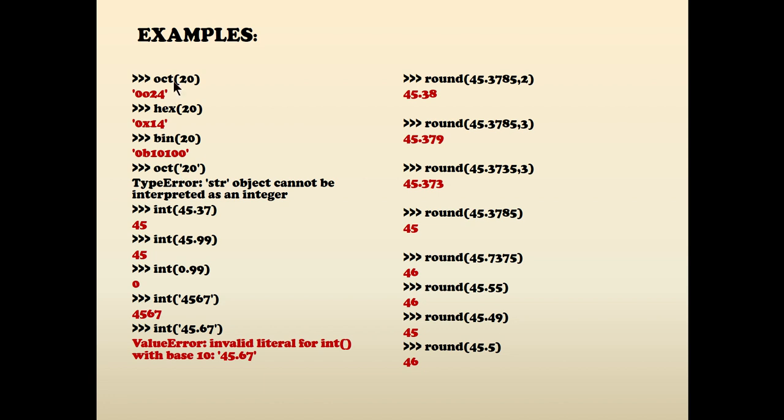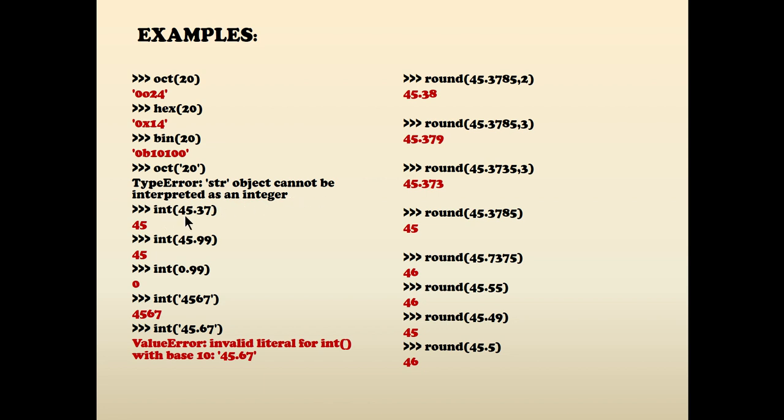Okay, and then it will accept only a number as an argument. I have given this example to make you understand that it will not accept any other data type except numbers, that is whole integers, right? Here I have given 20, but within quotes. When you give it in quotes, it becomes a string. So here it will not give you an answer, instead it will give you the error message, that is, the string object cannot be interpreted as an integer.